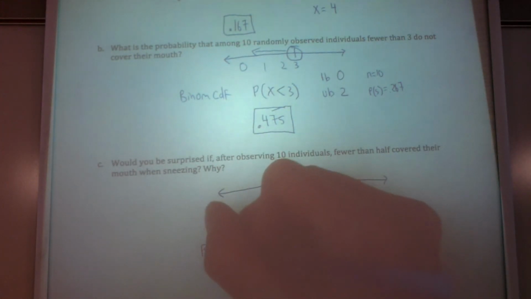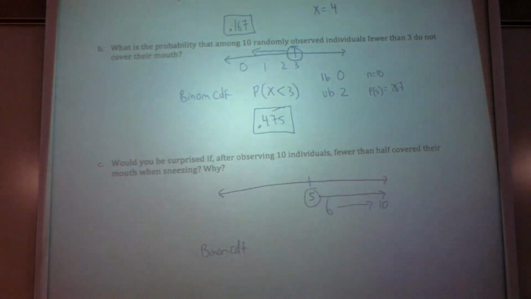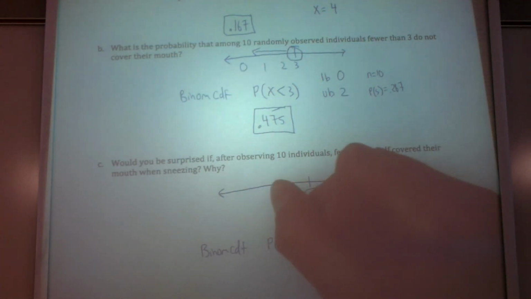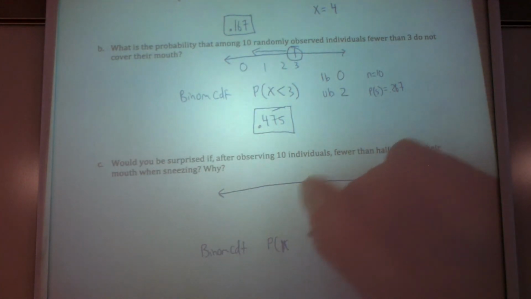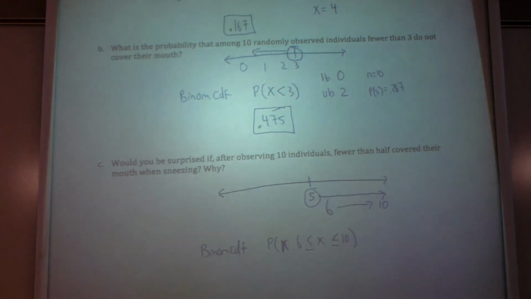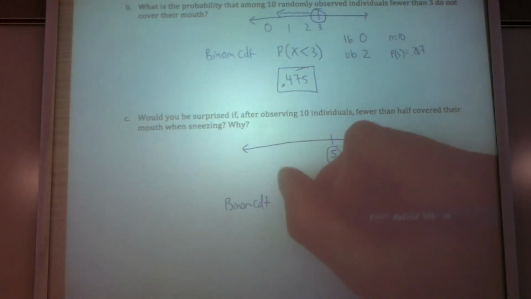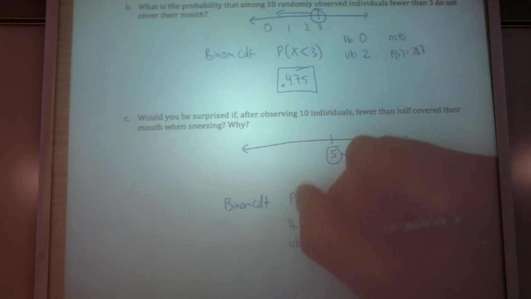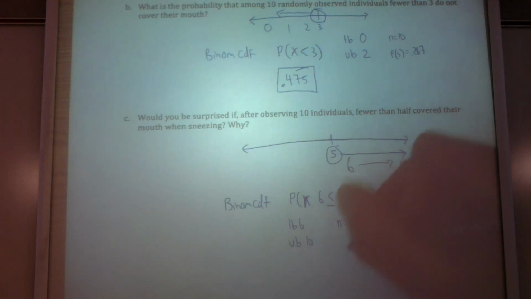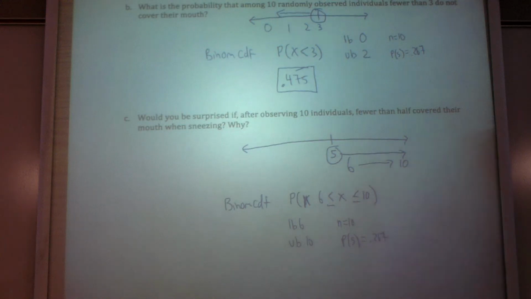So again, this is a binomial CDF, and since we changed the phrasing, we're actually going to say that x is greater than or equal to 6, but less than or equal to 10. So we're just in that range between 6 and 10. So my lower bound is going to be 6, my upper bound is going to be 10, the trials is 10, and the probability of success is still 0.267. So let's